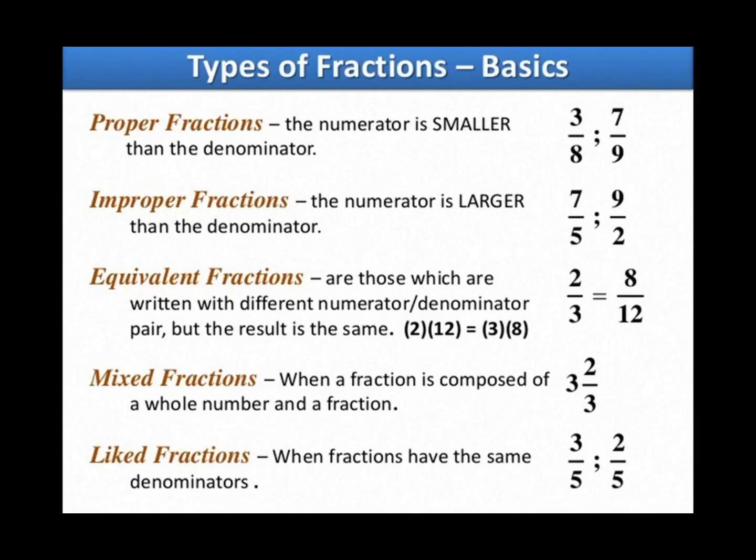Improper fraction is just the opposite of proper fraction. What we have learned in proper fraction, that the numerator is always smaller. So here the denominator will always be smaller, or you can say the numerator is greater than the denominator. Take for example 7 by 5. Can you get 7 out of 5 marks, children? No. That is an improper fraction. These are just the tips which I am giving you for you to understand.